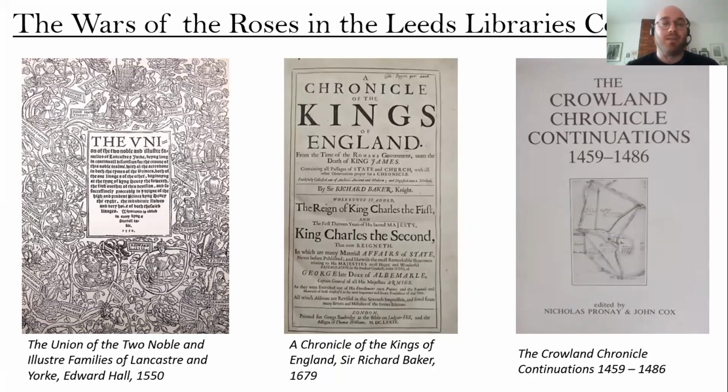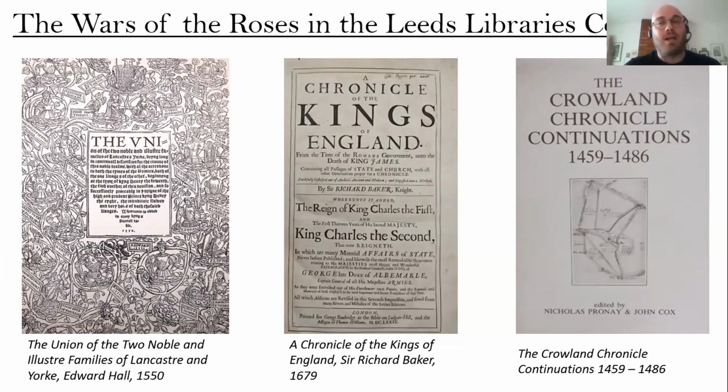And this is a really great chronicle about how the War of the Roses is represented 100 years after the events happened. And then we have a Chronicle of the Kings of England by Sir Richard Baker, and the one that we have in the Central Library is from 1679. And what Richard Baker has done is he's compiled lots of different authors who have written about different kings, and one of these kings is Henry VI, obviously. And there's a really great article within this chronicle about how Henry VI's inability to govern creates